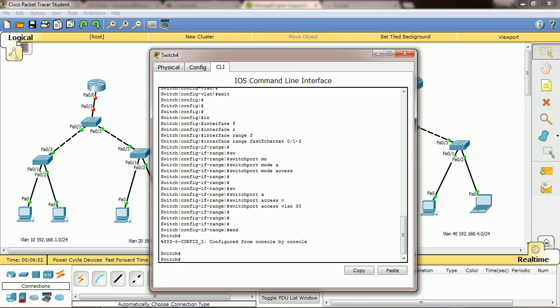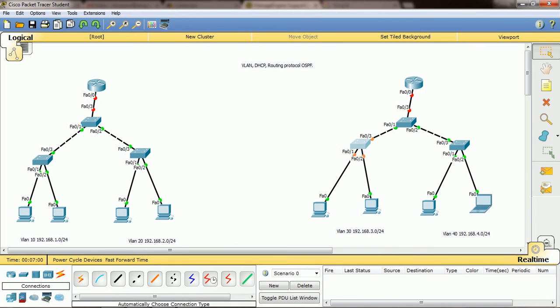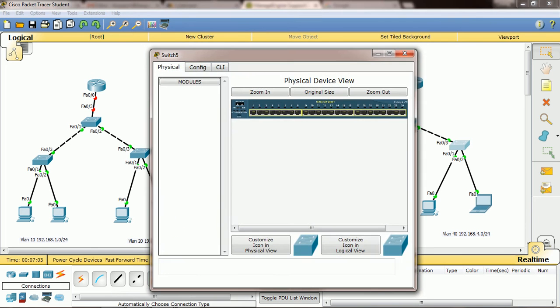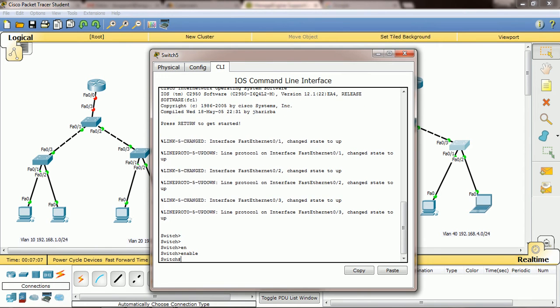Then end, copy running-config startup-config. So if you do any configurations in switches and routers, you need to write the command called copy. The configurations you are doing are saved in RAM memory. Once you copy, then only it will be saved to flash memory.